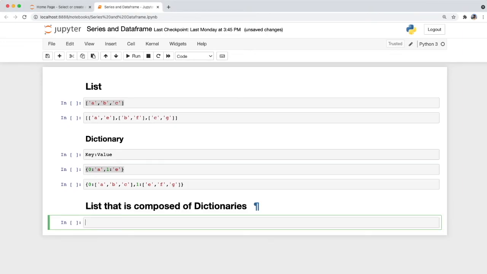And finally, for this section, I just wanted to show you that we can also create a list that is composed of dictionaries for each of its elements. To do that, first let's create our list using the square brackets. And for our first element, we would be using a dictionary. So we could denote our dictionary with the first index key 0 and first element value A, and second index key as 1 with the value E, and our second element in our list would be